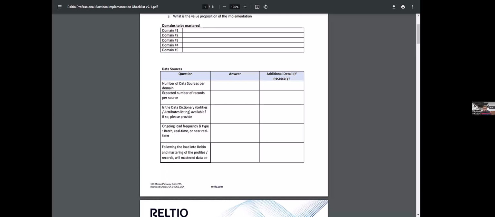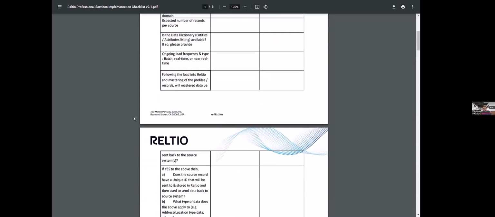On day one of the implementation, what attributes need to be brought in from each of the source systems, and what are the additional attributes that need to be configured? We can quickly do that configuration and move towards achieving the sprint one milestone. While we talk about the source system, we'll also have to figure out the integration pattern and the frequency.